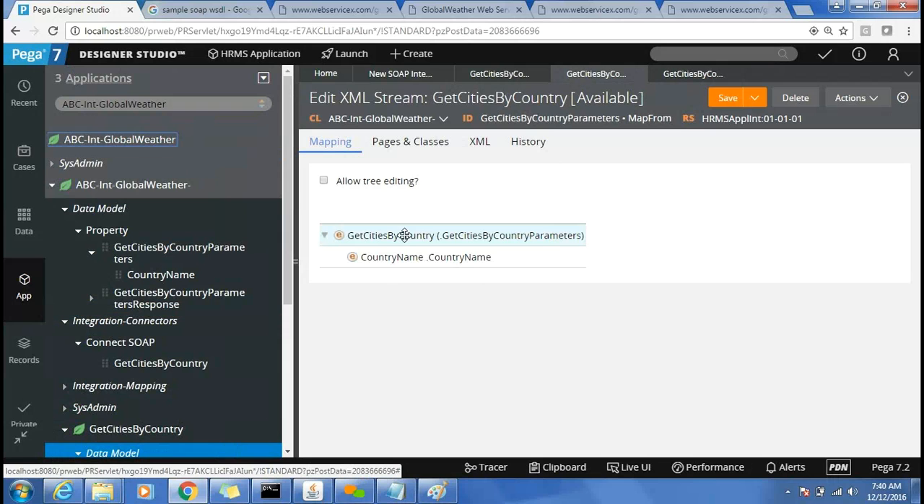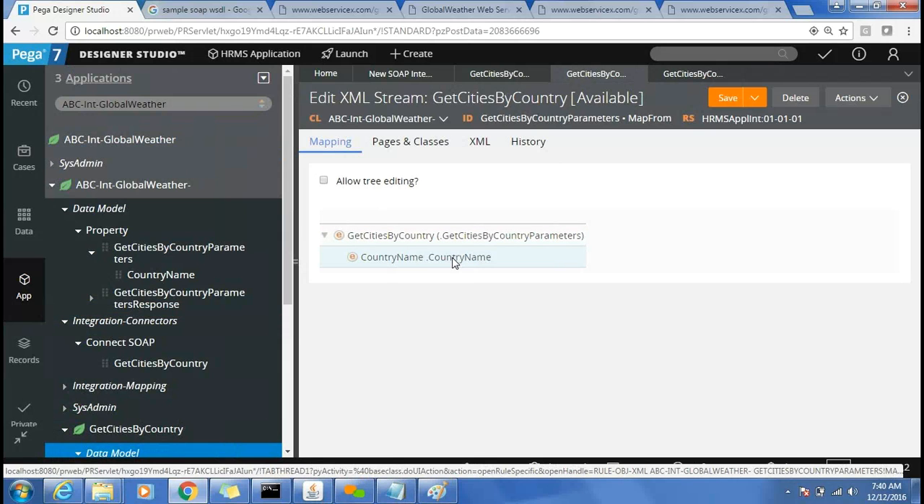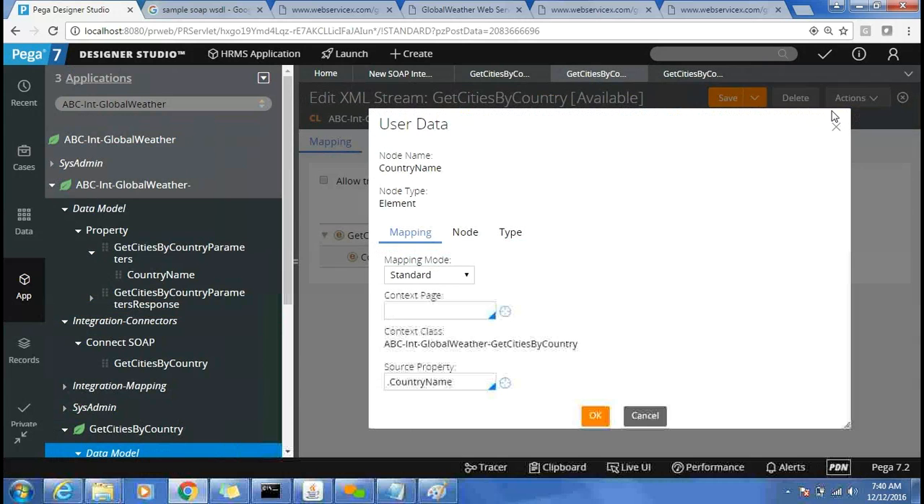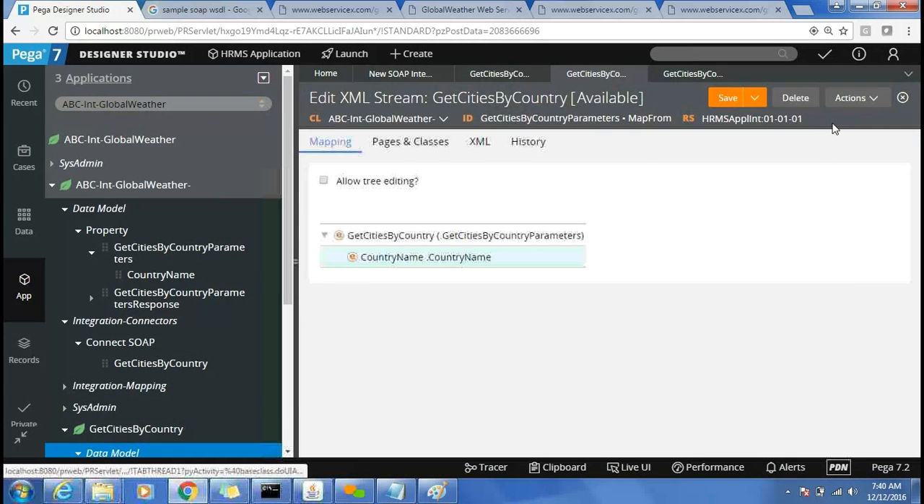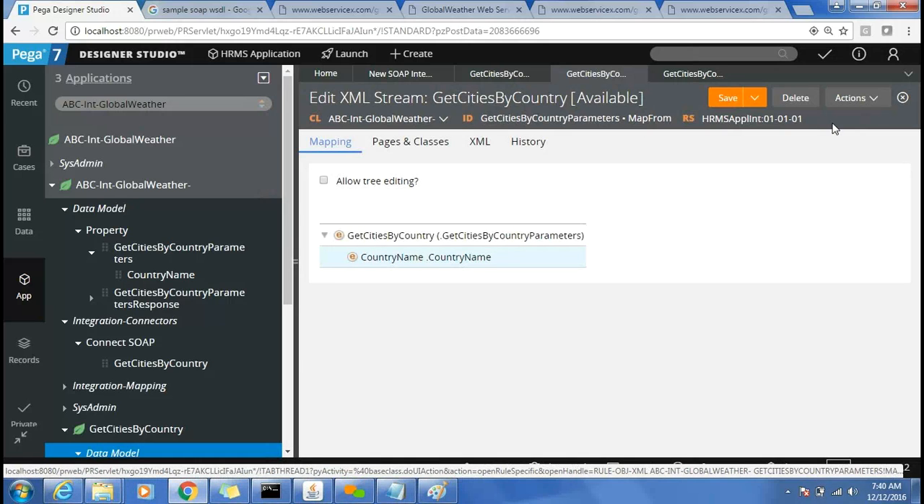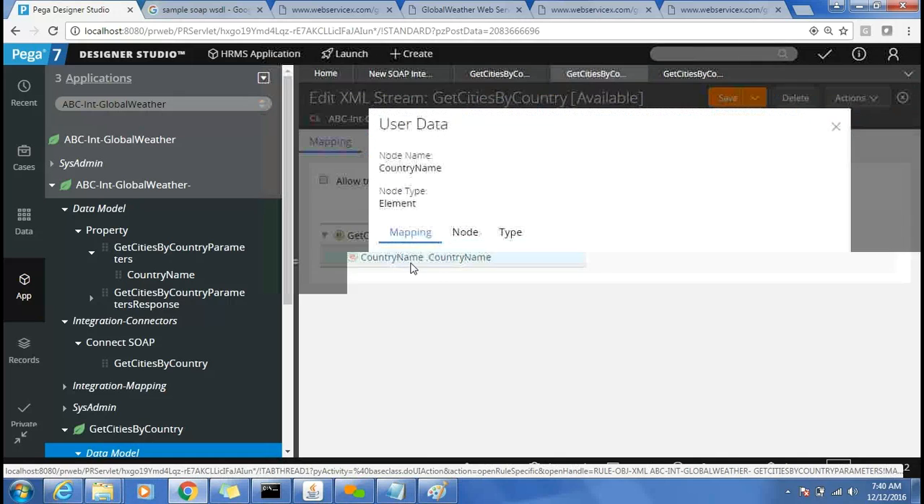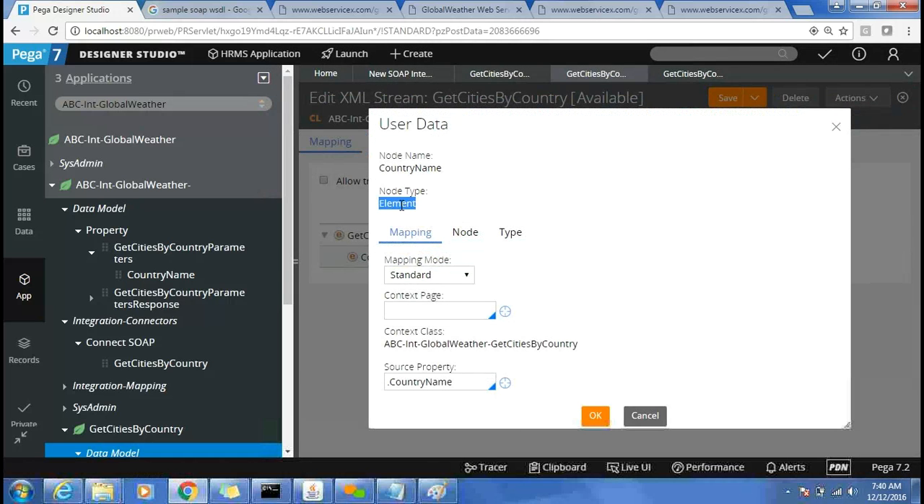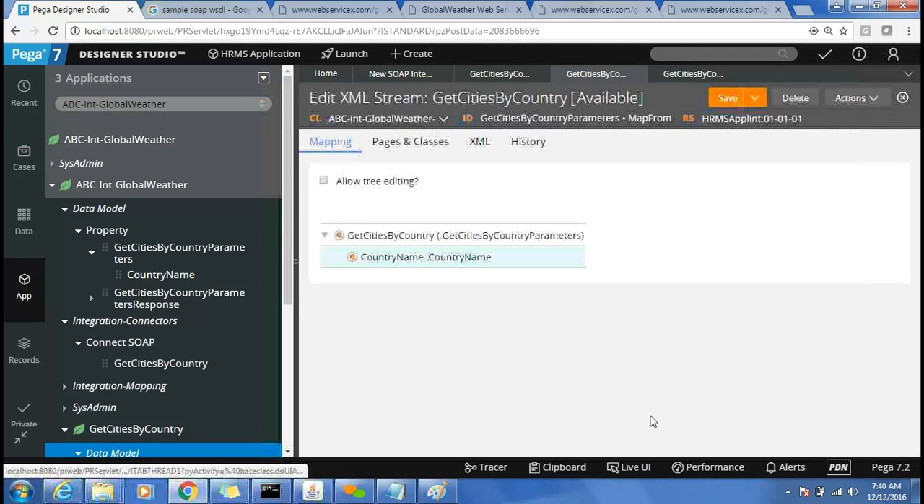Whatever input is available, the country name which I'm giving here, is going to be converted into an XML file. If you see the XML file here, everything is defined in a notation something like this. Element is the node type, and inside that element you have a country name. Generally, the XML is generated